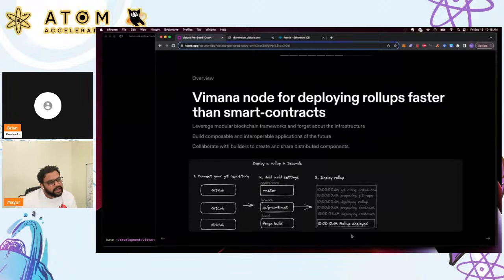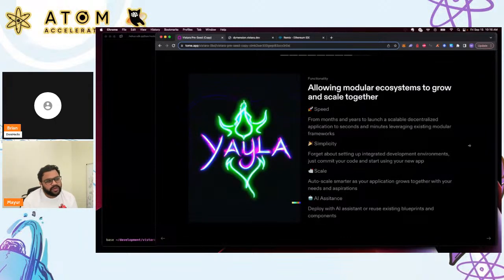Developers can try fast, fail fast, and keep iterating until there is a successful product. And really, depending on which virtual machine and execution layer you choose, it should just take under a minute or just seconds to deploy. So that's what we will see after this. But what we provide is really around speed, simplicity, and scale. We want to be able to provide very fast, lightning fast IBC enabled rollups, and I'll explain how IBC enablement comes into the picture here.